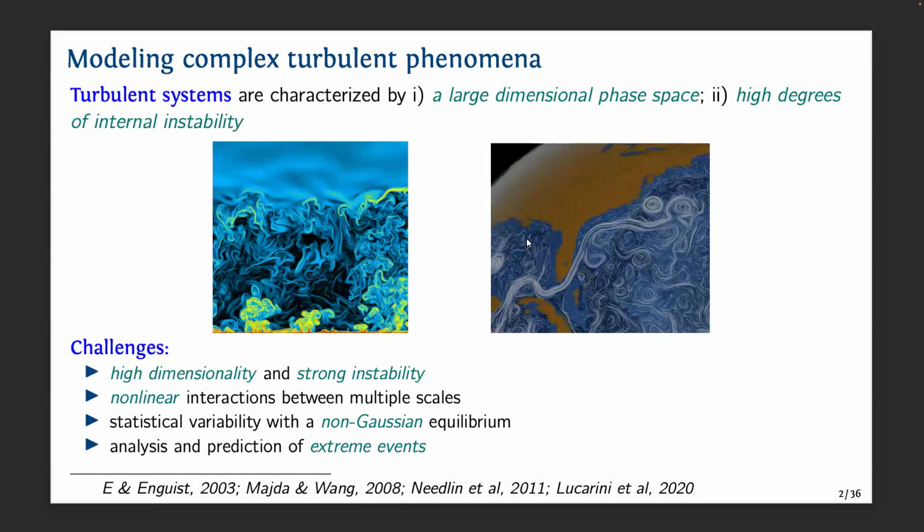And here I give you two typical examples. These are all simulated results, but closely related to reality. On the left, it's a so-called Rayleigh-Bernard convection. It's a water tank, and if you heat up the bottom and cool down the top, you can imagine the warm water in the bottom will rise and get cooled down on the top and then go back. So it induces this large scale convection.